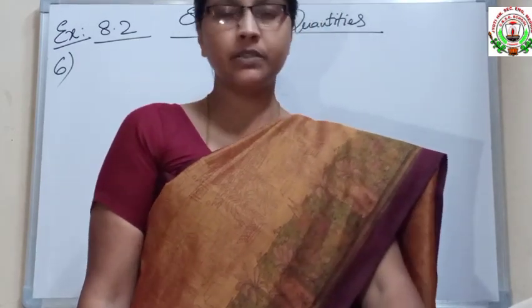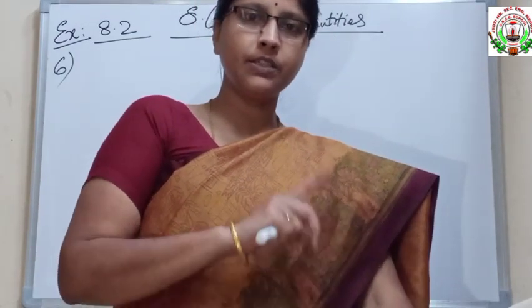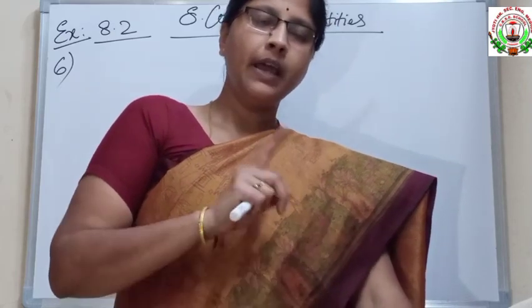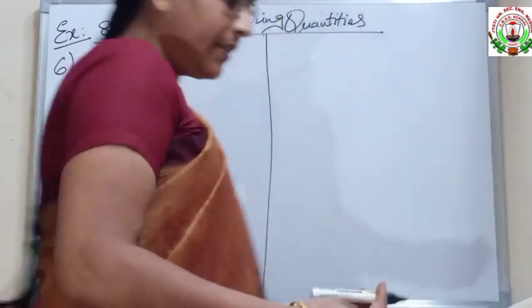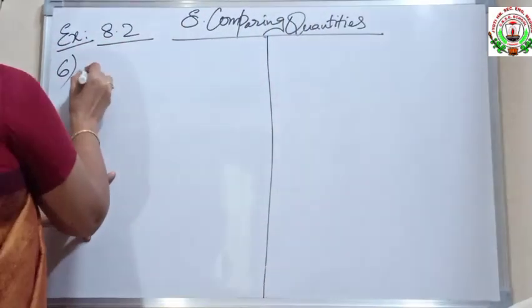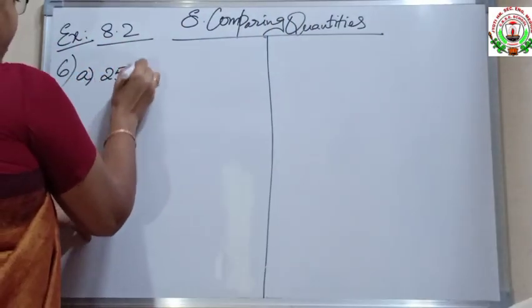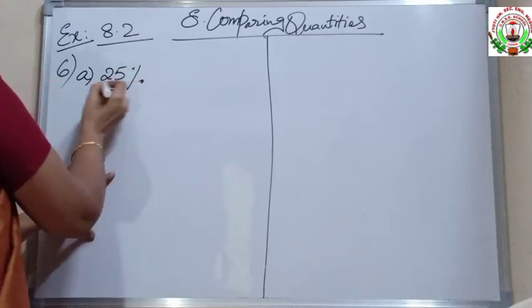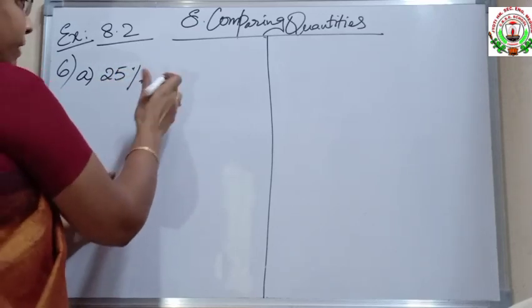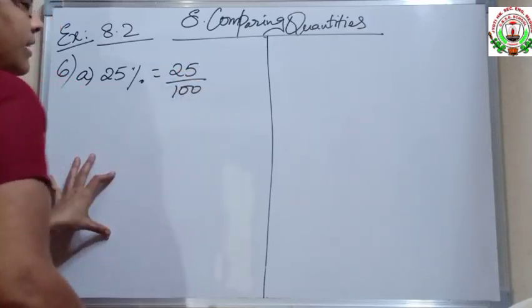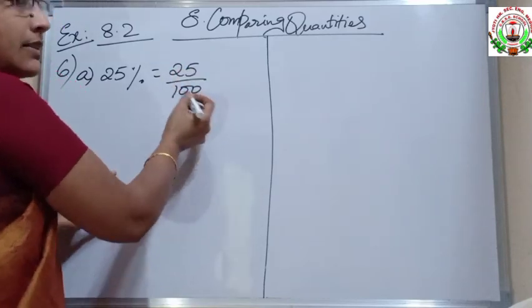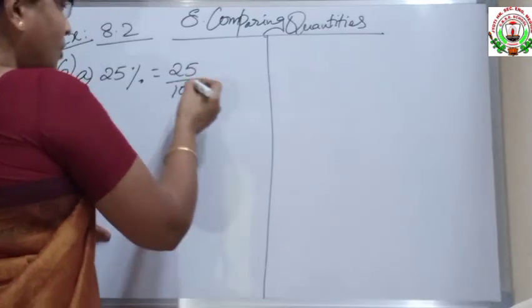They have given the percents, we have to change those given percents into fraction form, and we have to simplify those fractions also. See, the first one they have given as A. It is 25% given. So we have to write this given percent in a fraction form. So this will be 25 by 100. And we have to make this fraction into its simplest form also.